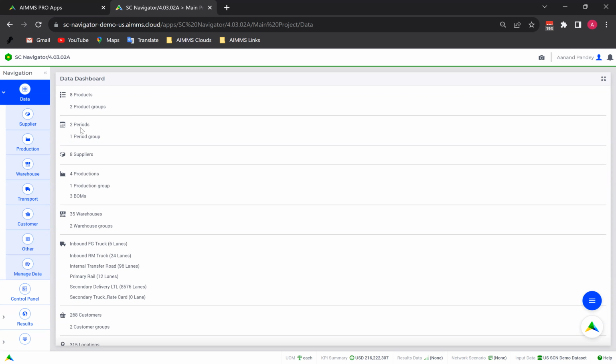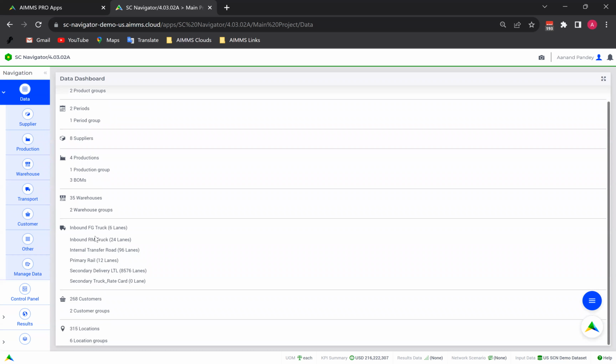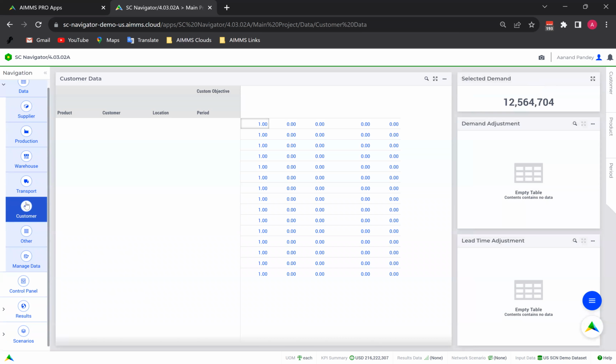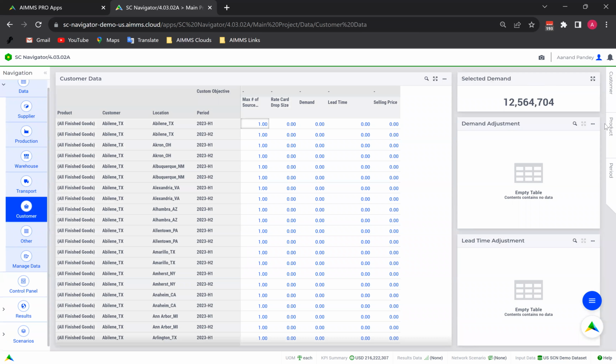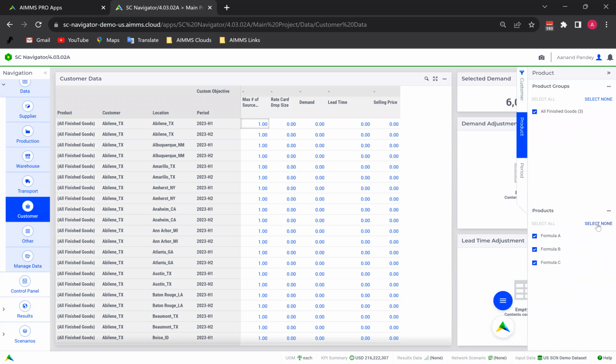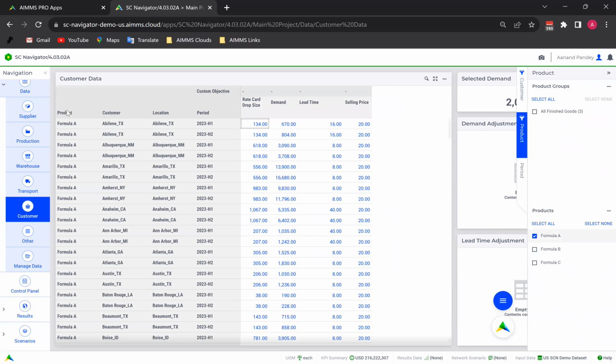This, by the way, is a multi-period model where we have modeled 2 separate periods, half one of the year, half 2 of the year as well. The different types of transportation we have available, customers, and so on. But for our scenario, what we want to do is increase the demand of one of our customer segments, which is retail. So I'll go ahead in the customer and select our retail customers for one of the products, which is Formula A. So now all the demand for Formula A for retail customers has come to life here based